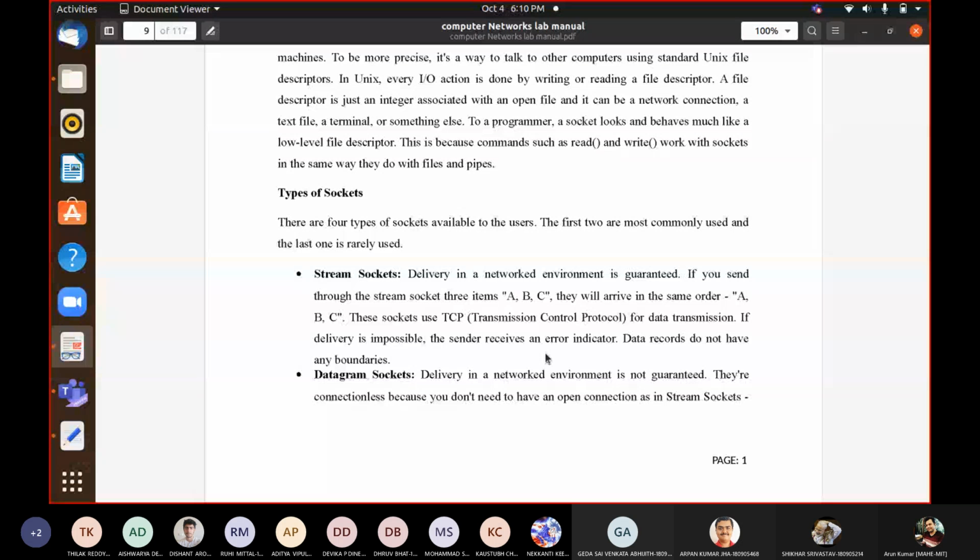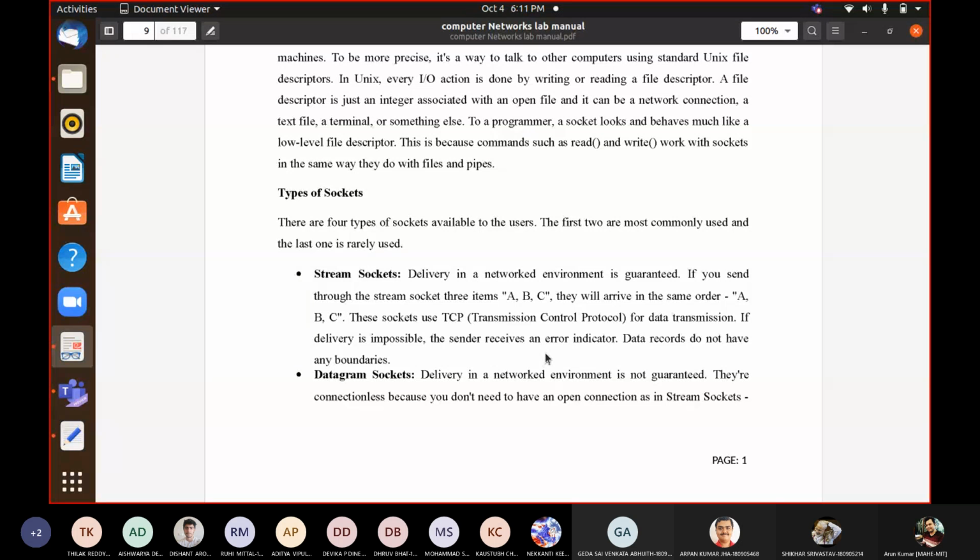That means when two processes want to communicate, they definitely require a transport layer protocol. Based on which transport layer protocol they are interested in, they have to create the socket. If they are interested in TCP, they have to create a socket for TCP and mention while creating it that this socket is of type stream. Likewise, when they use UDP, they have to ensure that this is a datagram